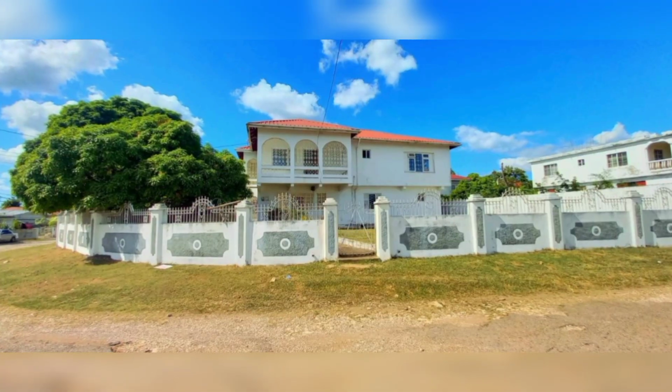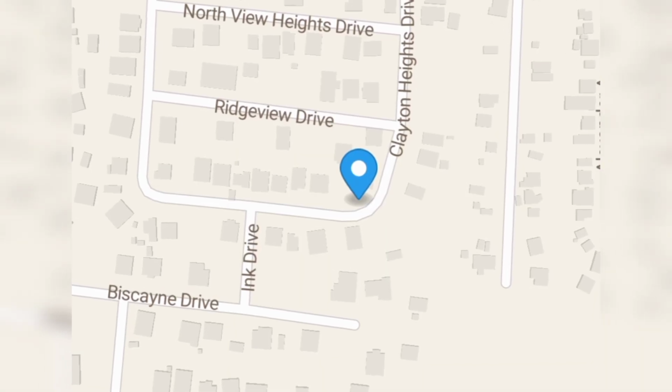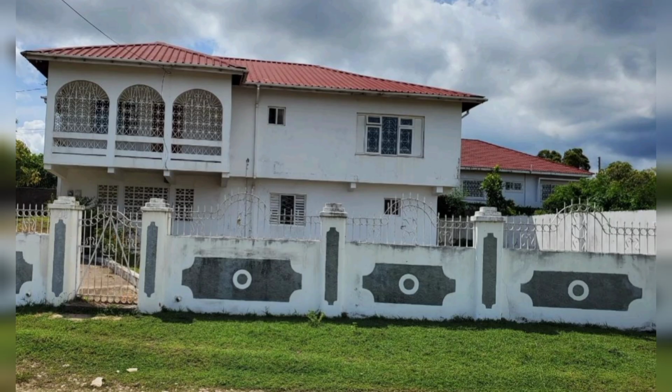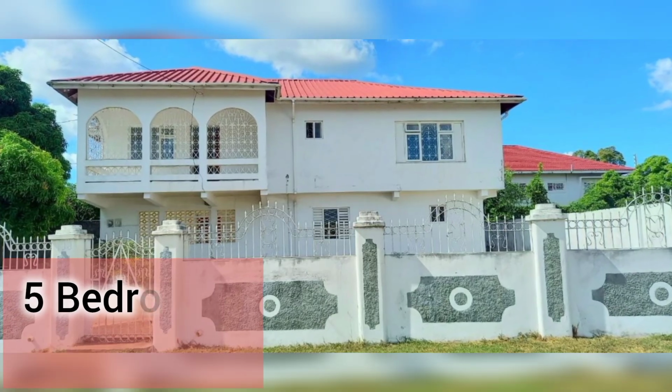We have here a must-sell home located at 168 Clayton Heights in Clarendon. This property offers a grand opportunity for the savvy investor. With great income earning potential, this 5-bedroom, 4-bathroom property consists of the following: